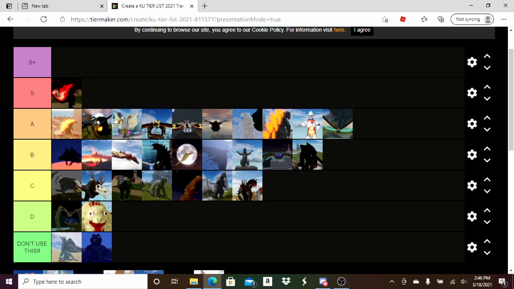You can also spam your beams like no tomorrow. I think his standard atomic breath is 1900, if not then high 1800 damage, and you can spam that, which is really good. 4300 base health, which is good. Pretty decent speed on land. Average swimming speed. The only downside is...